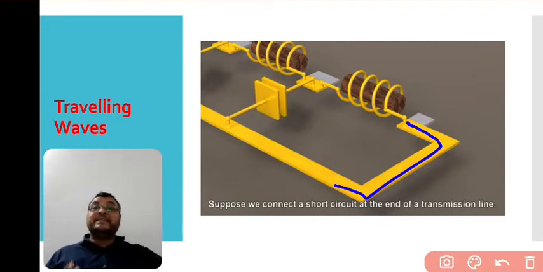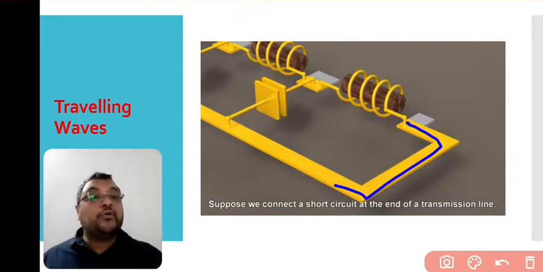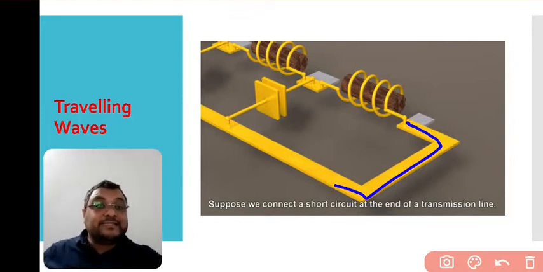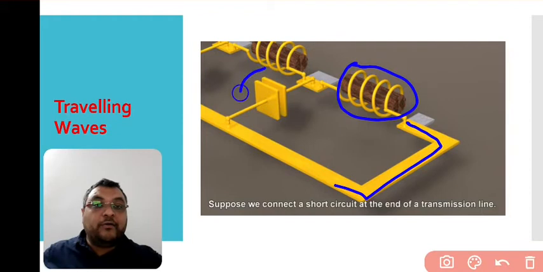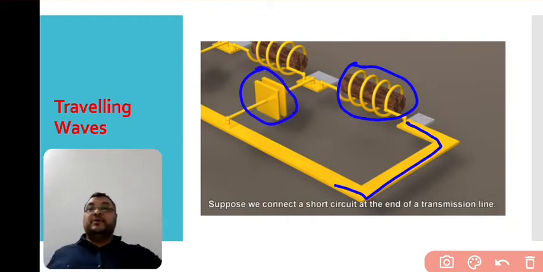At that time the signal reaches this short circuit. What happens? The speed with which a signal travels depends on the capacitance and inductance of that particular transmission line. So the speed of the wave depends on the value of the inductance and the value of the capacitance. When the signal reaches the short circuit, the signal is reflected, but with the voltage flipped upside down.